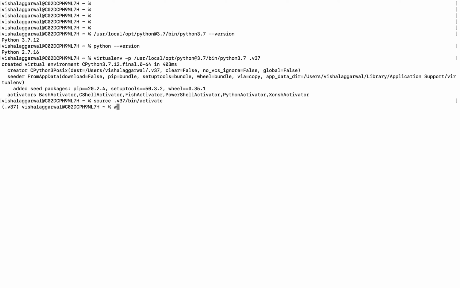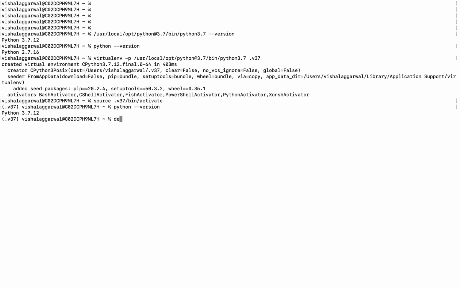To check it further, you need to type python --version. Remember, you can now directly use simple python. Don't use python3 or python3.7 or python3.8 to check the version. You will get the version by using the simple python command. Okay, then you can see that you have 3.7.12 as your version. So now you can do anything you want based upon this Python version.